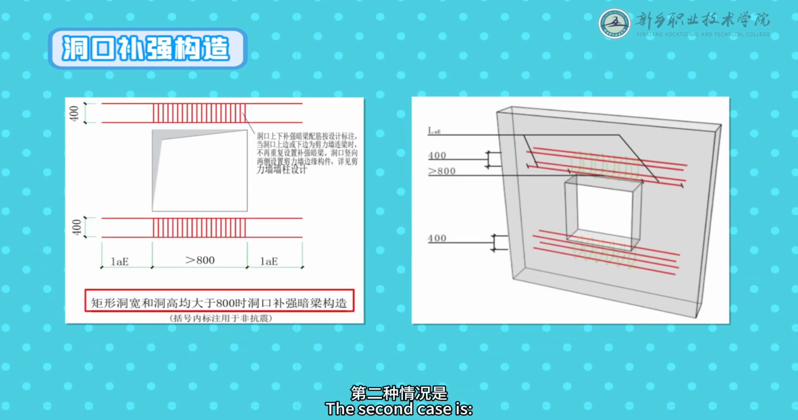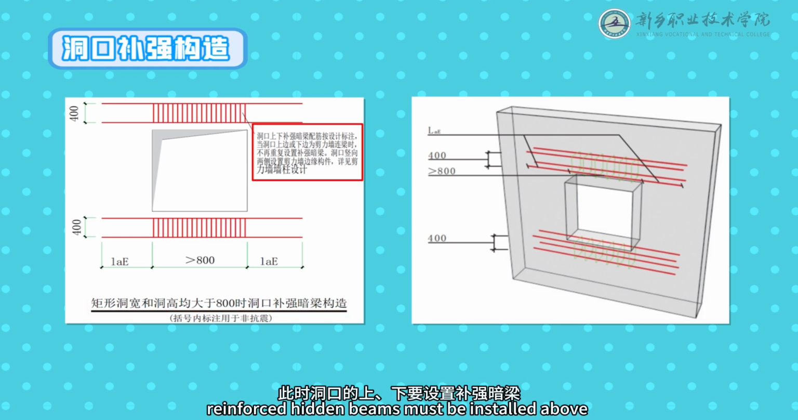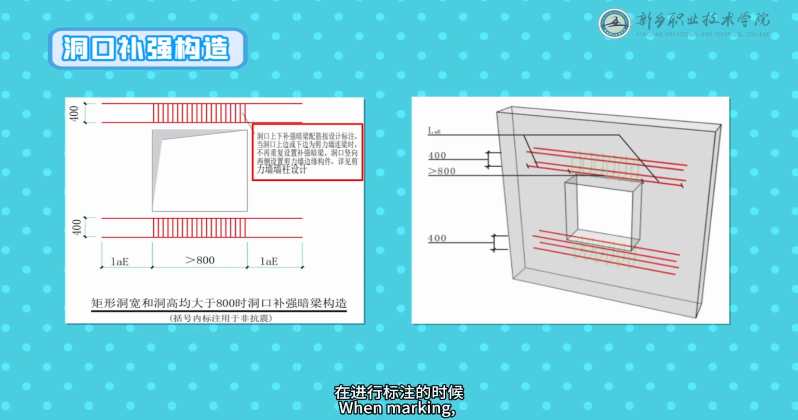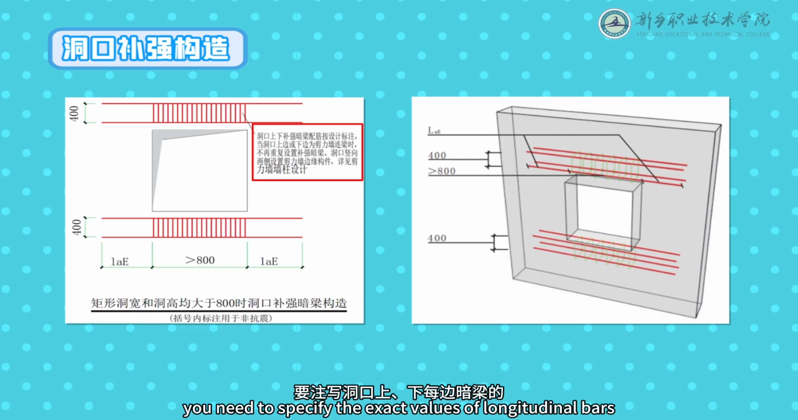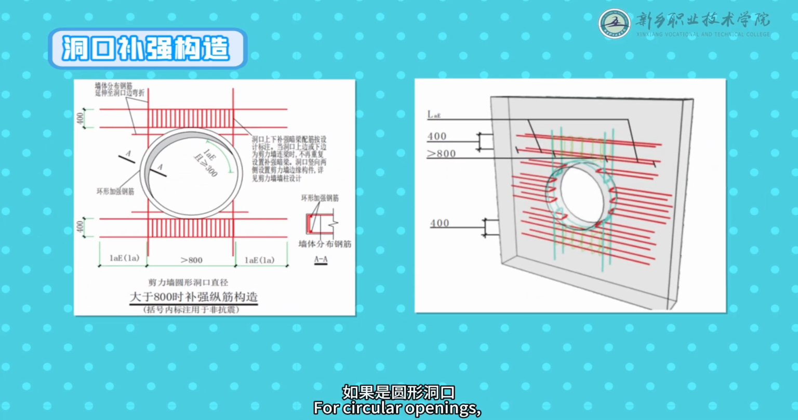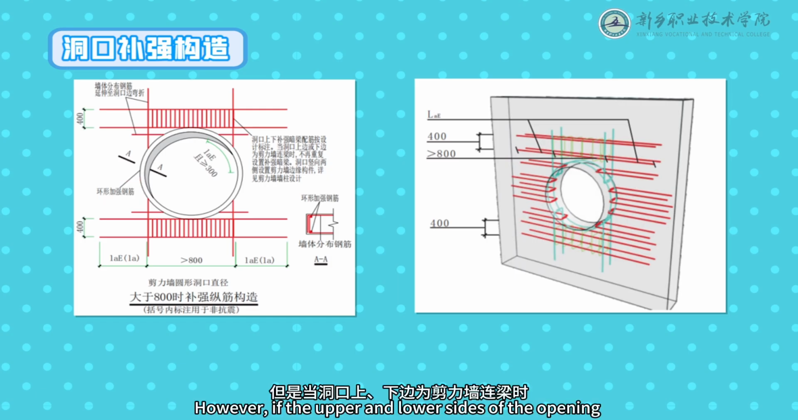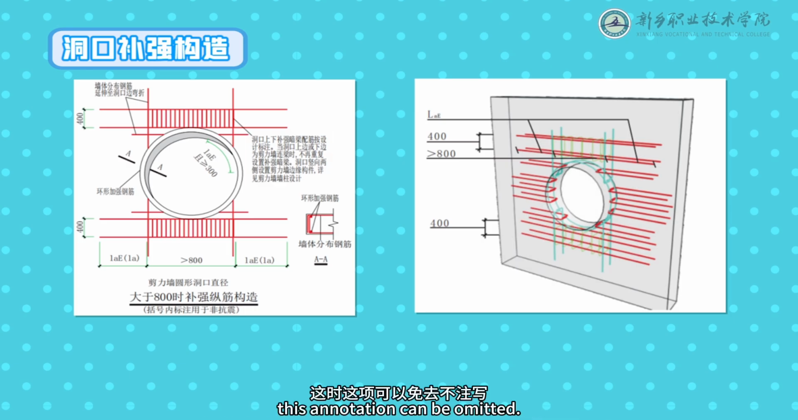The second case is for rectangular or circular openings where the width or diameter exceeds 800 millimeters. Reinforced hidden beams must be installed above and below the opening. When marking, you need to specify the exact values of longitudinal bars and stirrups for each hidden beam above and below the opening. For circular openings, you also need to indicate the specific values of hoop reinforcement bars. However, if the upper and lower sides of the opening are coupling beams of a shear wall, this annotation can